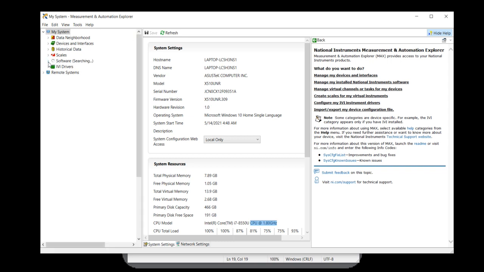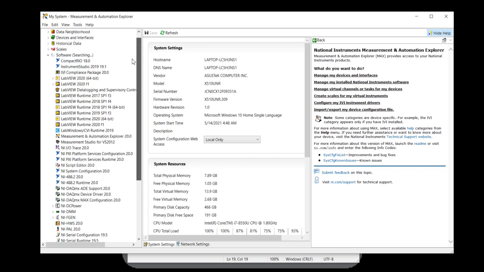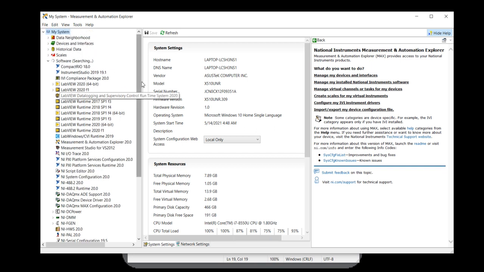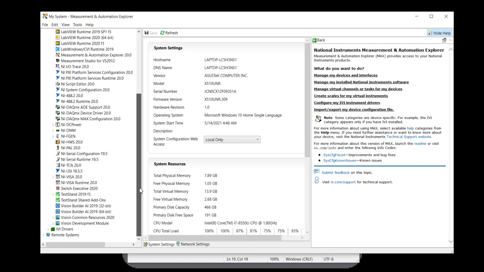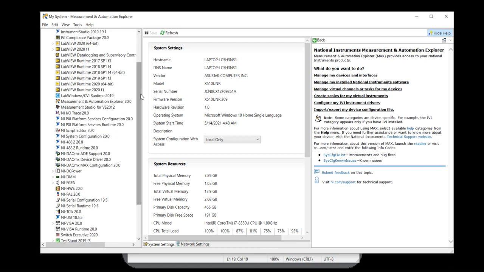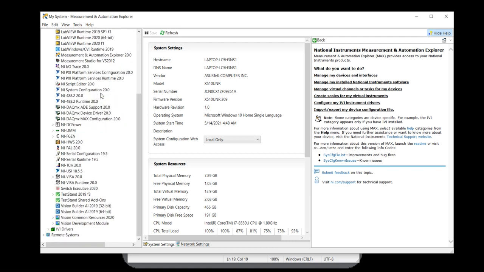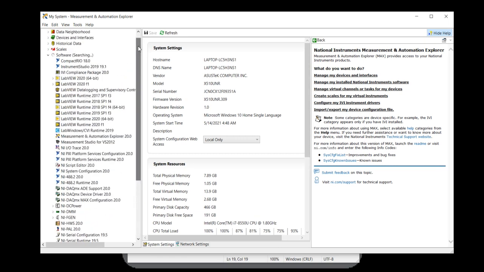When you click on Software, you will find the complete list of software which you have installed in your PC. In my PC, I have the complete LabVIEW suite. I have installed nearly 90 GB of LabVIEW, so I have each and everything.